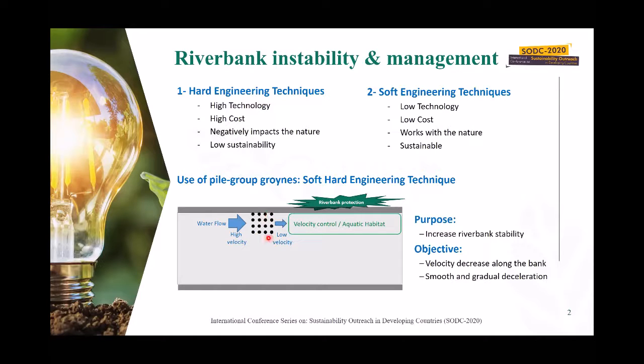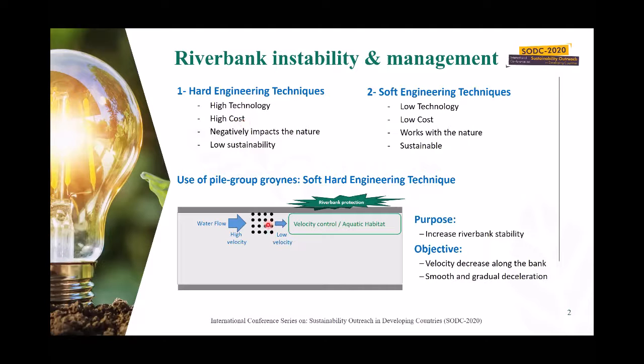Usually the pile group groynes are constructed from two types of materials, which are wooden type, which is made of tree stems, and which can be from concrete cylinders. Therefore, it can be made from local material, doesn't require high technology, therefore also doesn't require high cost, and also